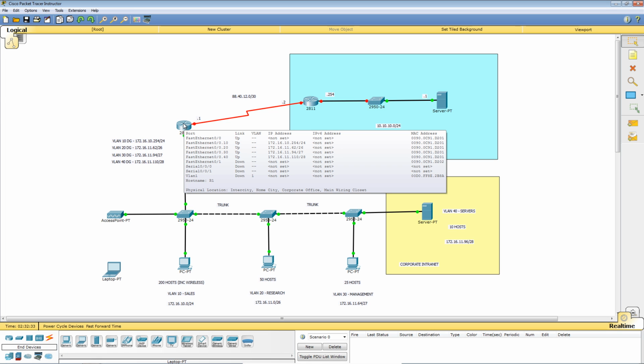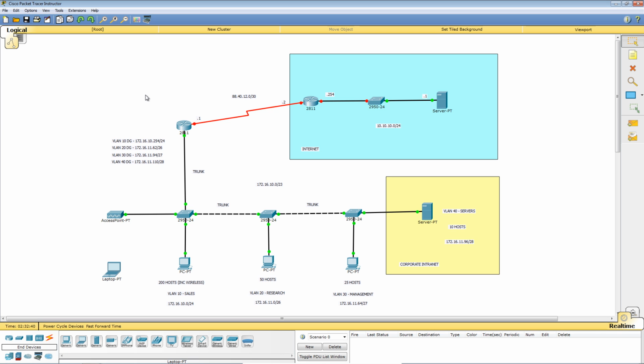10254, 1162, 1194, 1110, all with the correct masks. How useful is Packet Tracer? It's such a great tool. Okay, now